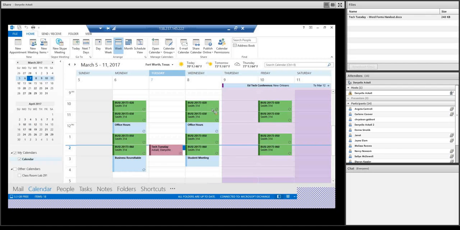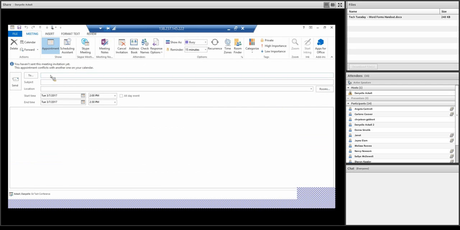Now, if I need to create a meeting and I have a couple of people that I want to join me, it's real simple, and I'm sure you have already done this, and that is to come up here to the toolbar on the ribbon and select New Meeting. When I do this, a dialog box pops up, and I am able to send it to whomever I wish. So I've already contacted a couple people and let them know that they'll be getting these random meeting requests from me today. So we are going to name our meeting,